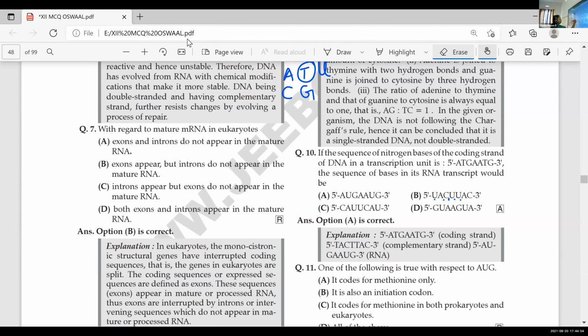One strand is the template strand, and then there is a coding strand. And what is present on the coding strand? The coding strand doesn't code for anything. But here what we have got is the coding strand. So first we should find out what is there on the template strand. So in the template strand it will be T, A, C, T, T, A, C. Correct, no? And that is in the same direction, 5 prime to 3 prime.